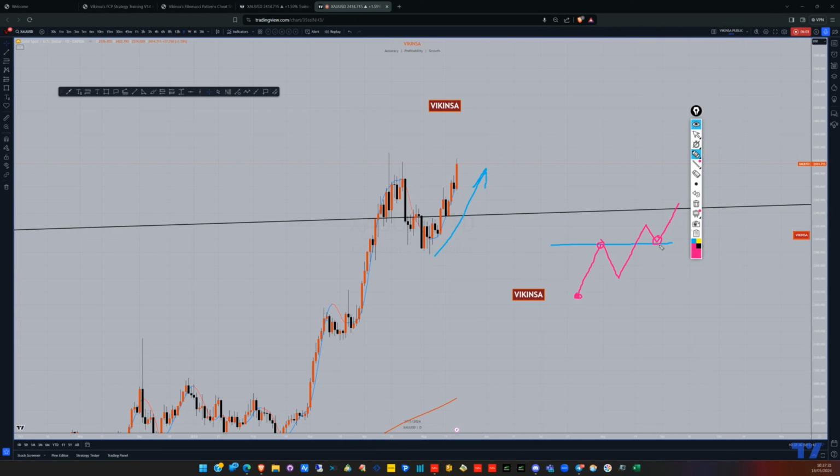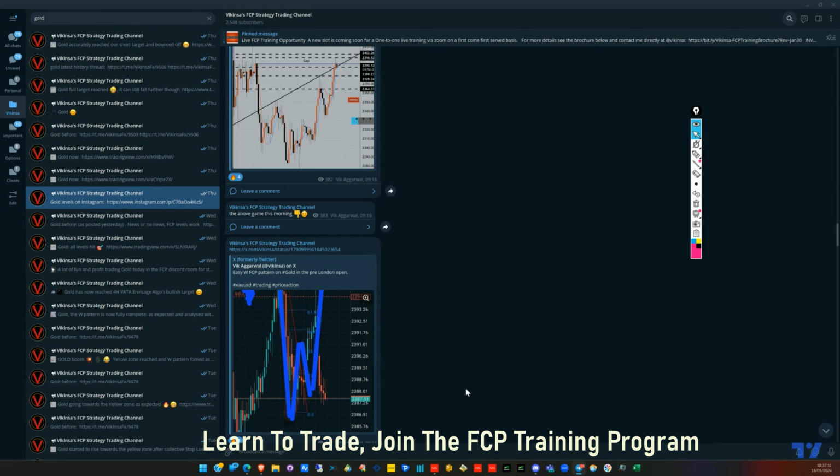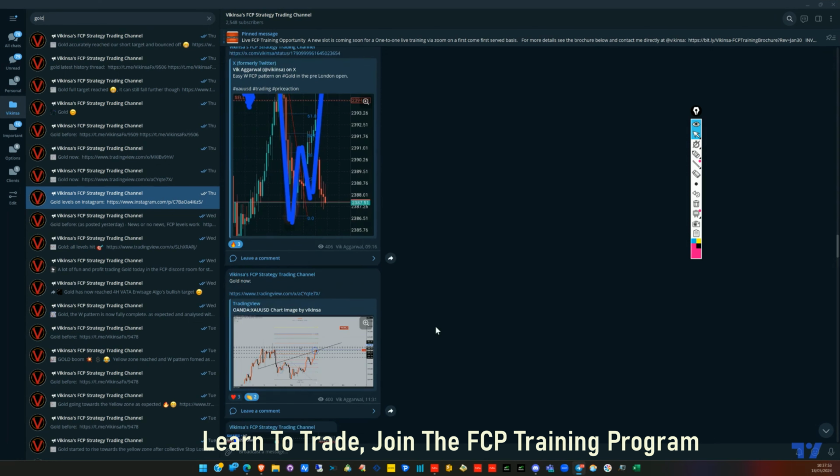So you see, these levels or zones are very important, and these levels and zones come from our FCP analysis, which I share with you on social media platforms. So these levels can act as support and resistance. Hence, they can act as your profit targets. They can also act as your entry points. So these are the levels which I gave you last time, and we have been able to capture a lot of them in the Telegram group.